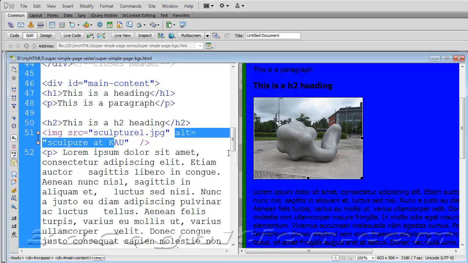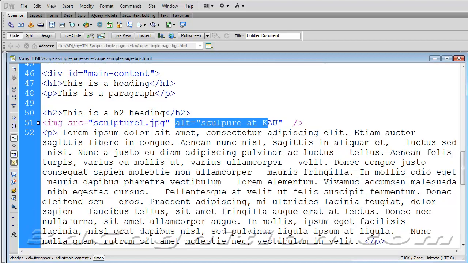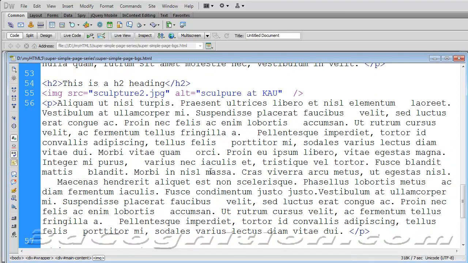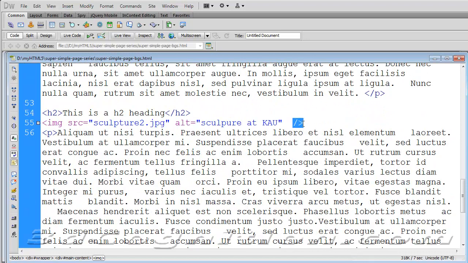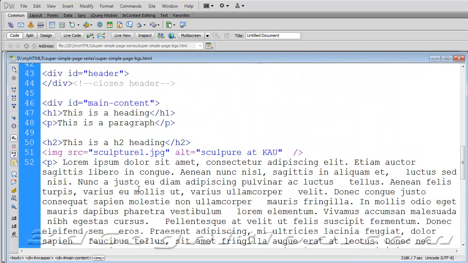And I always put in an alt, and let's just go to pure code so you can see that better. Alt, and the name of this is sculpture at KU, and then I close an image statement with a slash. That's how that's done. Okay, and I've got another one up here, same thing, sculpture 2 in this case. So now let's